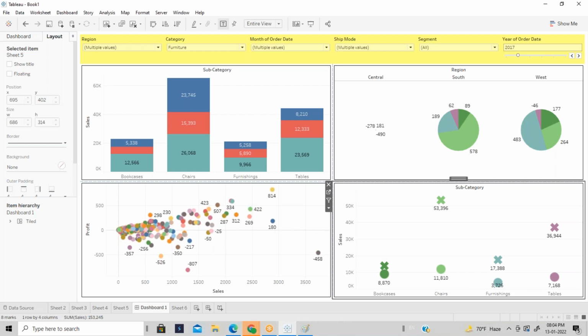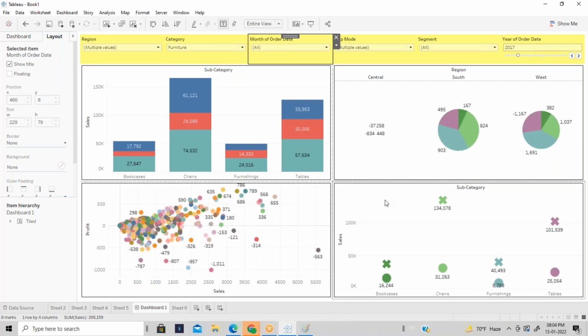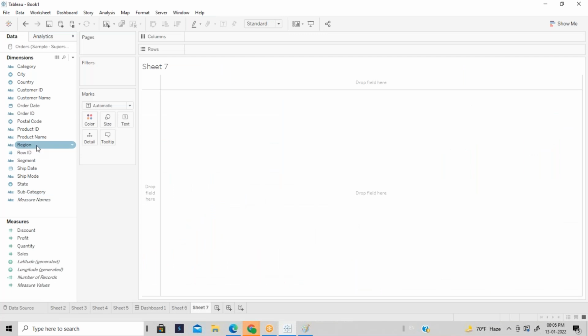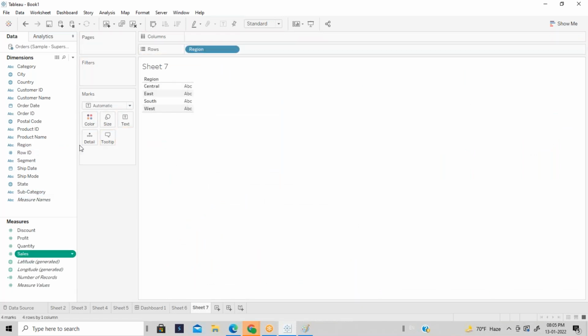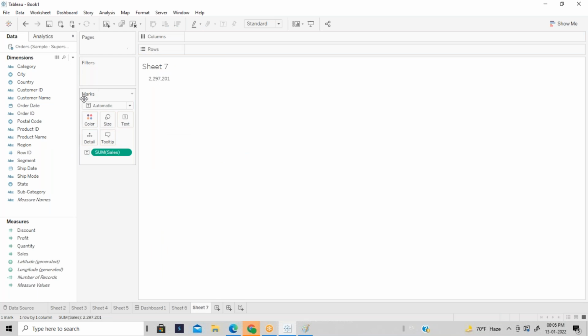The filter which you created in one worksheet. Then you can just choose all the months data. And tomorrow, if I want to create another sheet, guys, I'm just going to try to create another report.